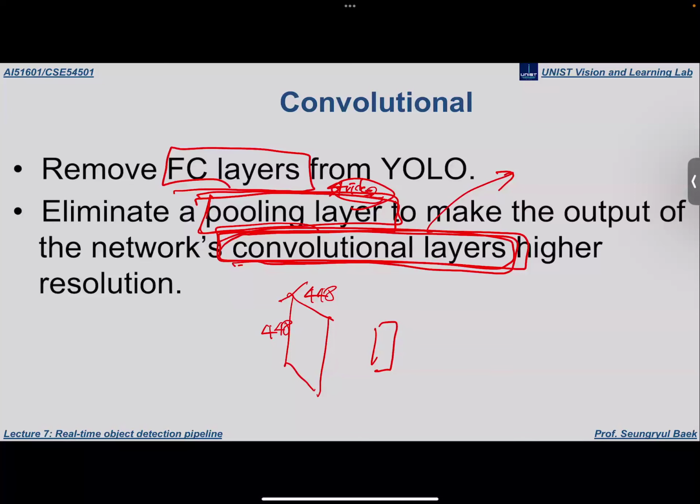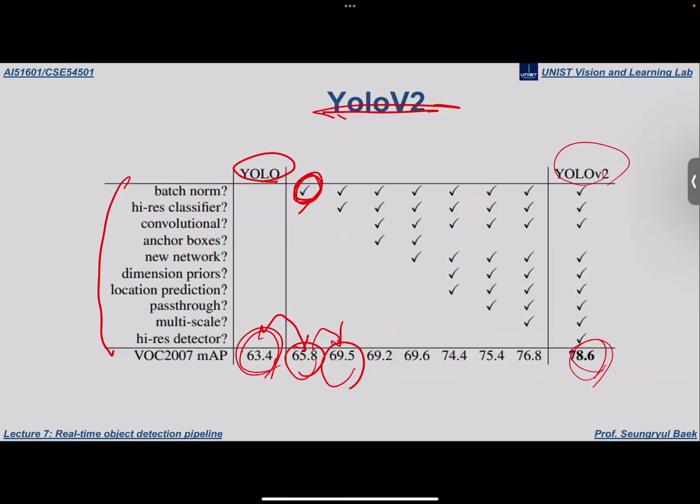okay? But the thing is, pooling almost does nothing. It only reduces the image size without doing anything else. But convolutions at least apply some filter operation and transform the images. And if we make their stride 2, it still reduces the image size, okay? So instead of applying pooling, they try to involve more convolutions because convolutions tend to retain more information, okay? So by replacing the pooling and FC layers with convolutional layers,